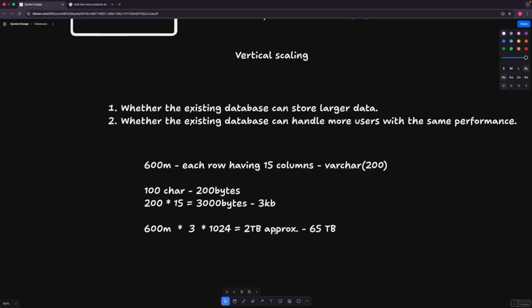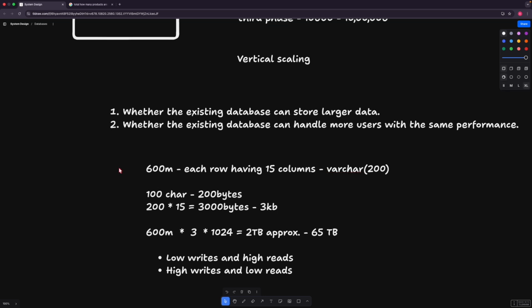Yes, that can be stored. But now here we need to answer the second question, whether the existing database can handle users with the same performance. Now this is where things will change on the basis of whether the database has low writes and high reads, or the database has high writes and low reads. Okay, so now what do you think in this case, which one of the options is